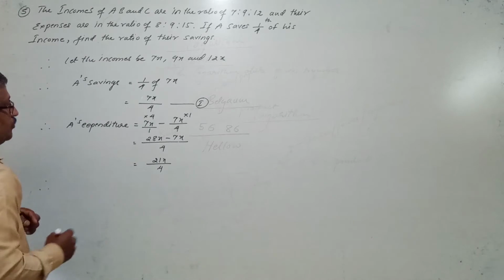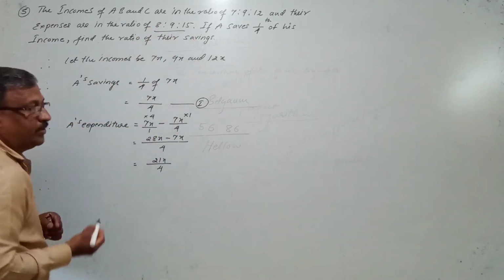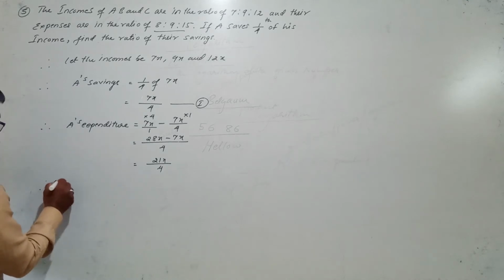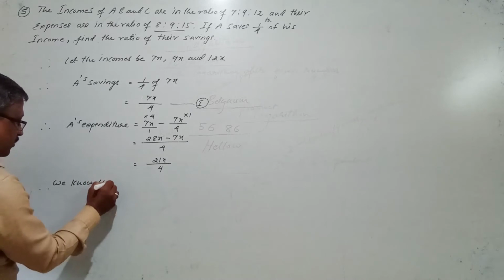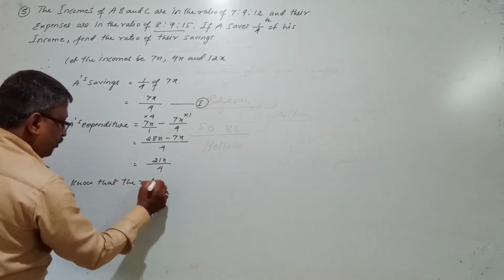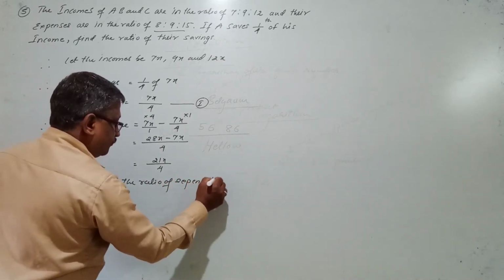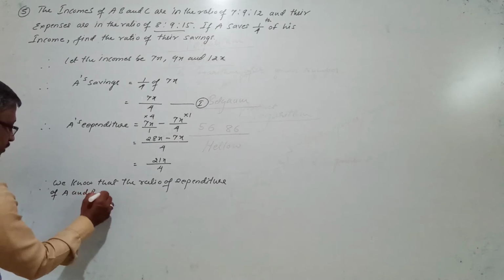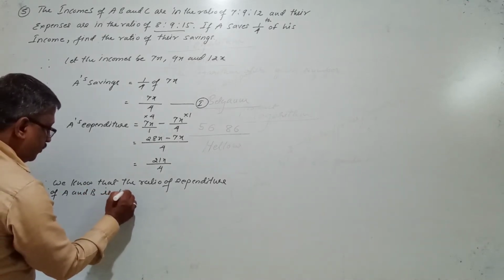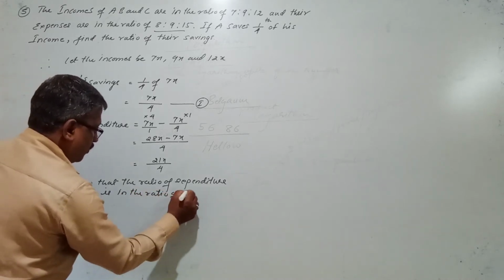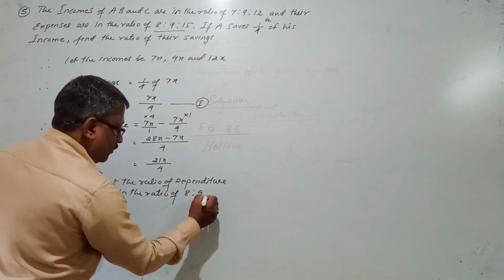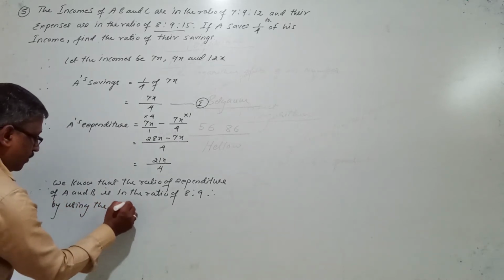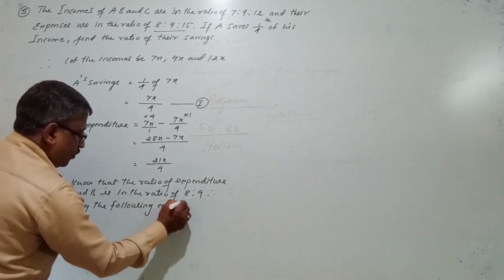What can you do? You can use this equation. We know here in the problem they have given the ratio of expenditure of A and B. It is in the ratio of 8:9. Okay? So here you can write: we know that the ratio of expenditure of A and B is in the ratio of 8:9. Therefore, using the following equation,